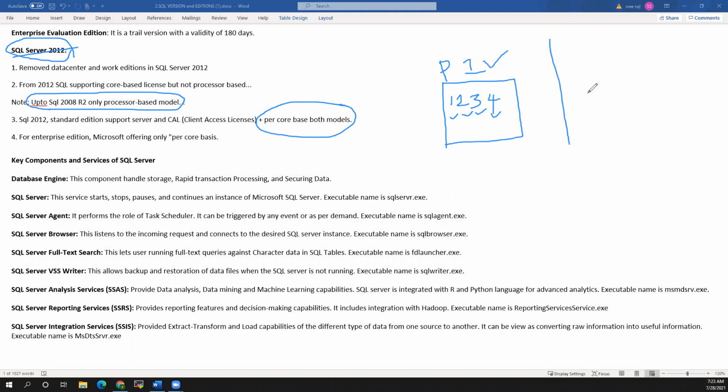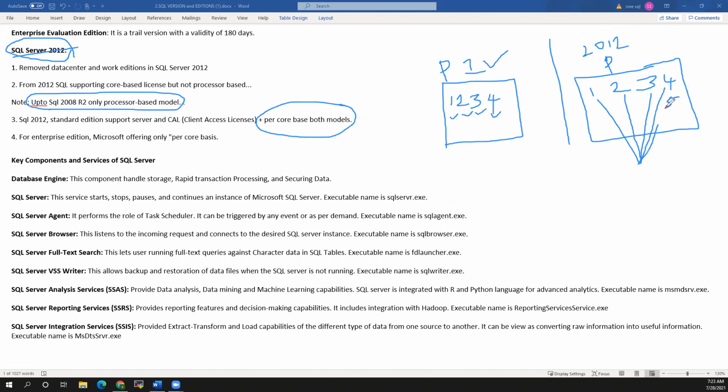But from SQL Server 2012 onwards, what happened? If you are having 4 processors, SQL Server charges based on these 4 processors. If you include one more processor, the charge will increase.